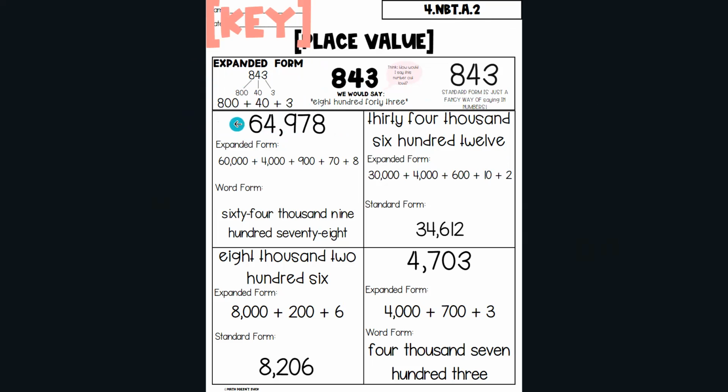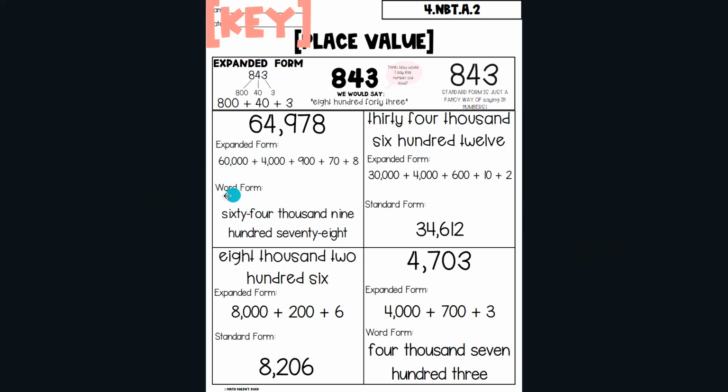So for the first one, 64,978, you were asked to do two things. First thing you were asked to do is your expanded form, and then the second thing you were asked to do was your word form. So if we're taking a look at each digit and stretching it out, we have a 6 in the 10,000s place, so 60,000. We have a 4 in the thousands place, so 4,000. We have a 9 in the hundreds place, so 900, a 7 in the tens place, 70, and 8 in the ones place, 8. If we stretched it out, it would be 60,000 plus 4,000 plus 900 plus 70 plus 8. If you added those numbers back together, you would get your original number,